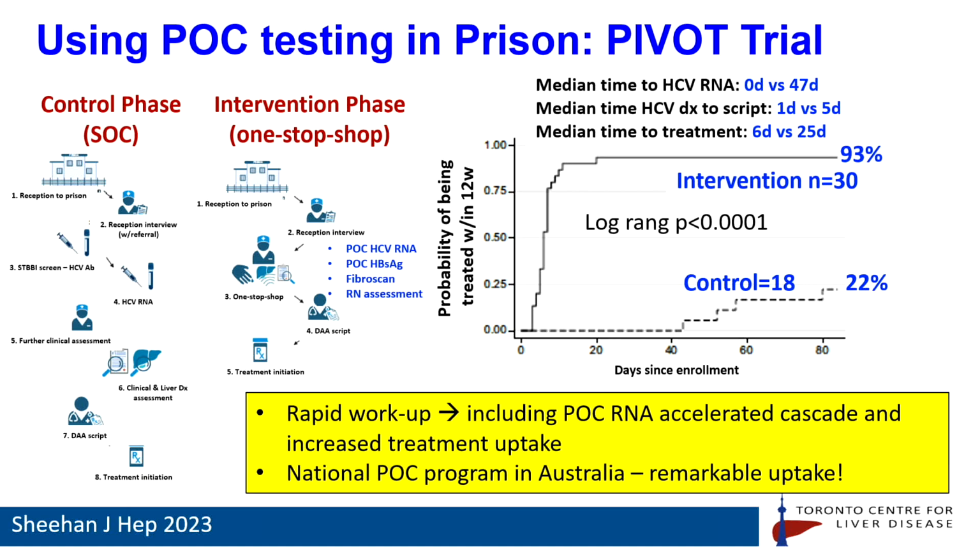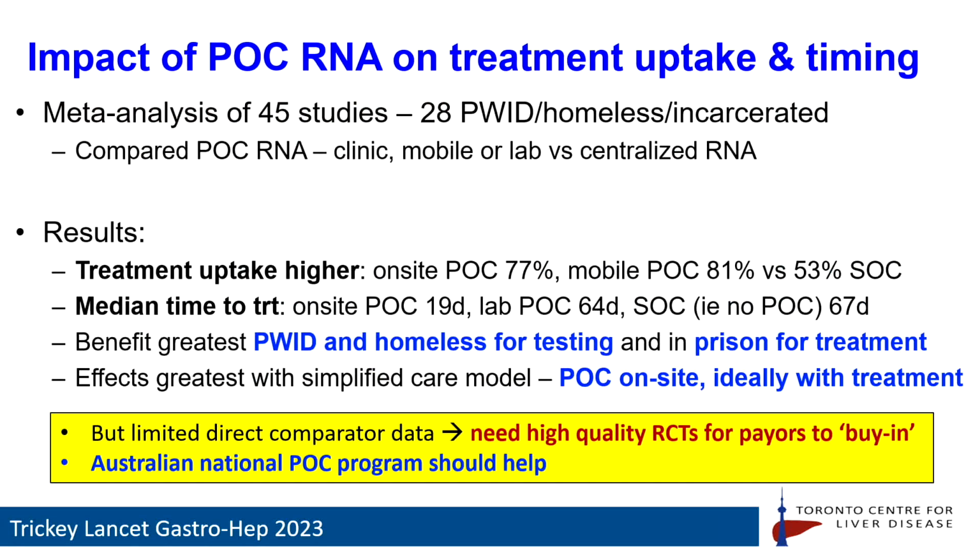Amazing uptake, particularly in the prison setting, and this is really inspiring to see. Now, we can also see what is the impact of point-of-care RNA on treatment uptake and timing. And here again, a nice meta-analysis recently published this year of 45 studies looking predominantly at people who inject drugs,